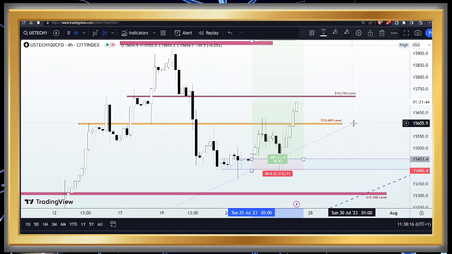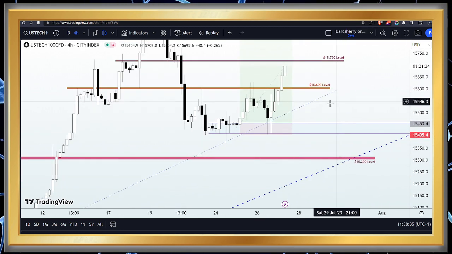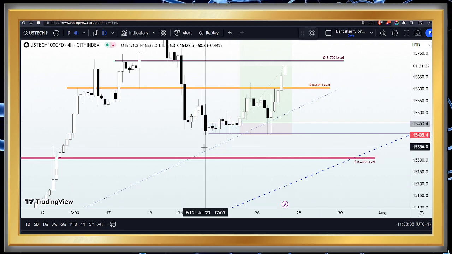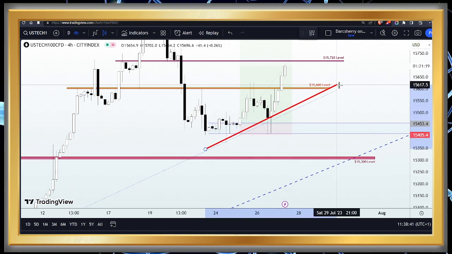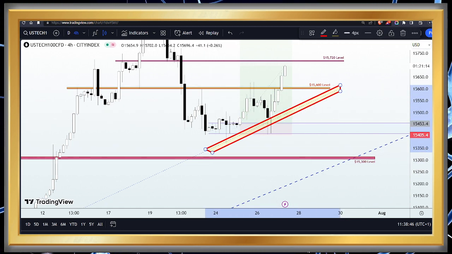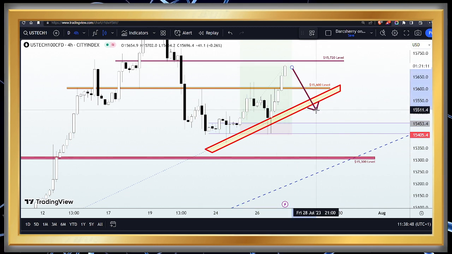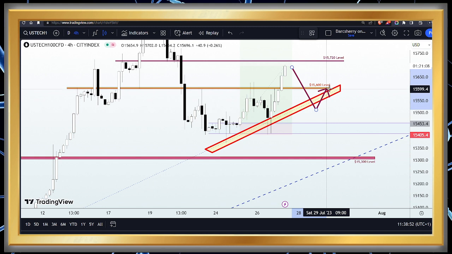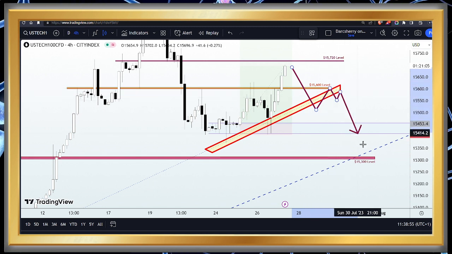Now, in as much as we look out for buying opportunities, you know how we do it in this community. We always want to keep tabs on the opposite direction as well. Now, if we are going to be considering selling, what is it that will make us start considering selling and negating the idea of buying the USTech100? Since we already have an ascending trend line, which was spotted on the higher time frame, we will need price to slice through that ascending trend line to give us an opportunity to sell. So a breakdown of 15,600 and a descent and ascending trend line retest of structure should be welcoming selling opportunities in this market.